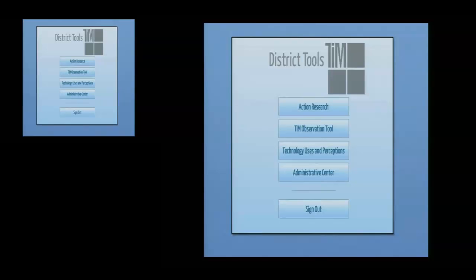We have developed and continue to develop a suite called TIM Tools. These are evaluation tools that look at classroom technology integration in a variety of different ways. You're looking right now at a screenshot from the main menu of a district TIM Tools instance. This is a web-based, database-driven system that's available for an annual subscription from our website,